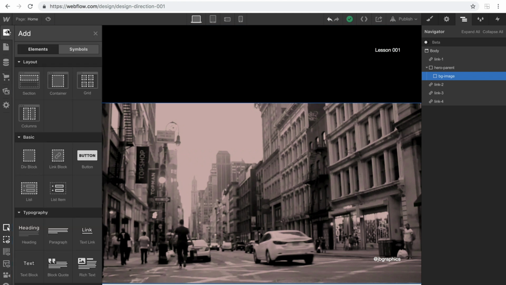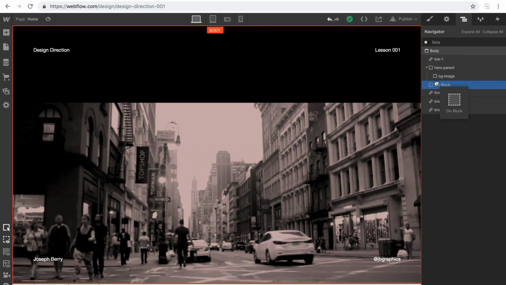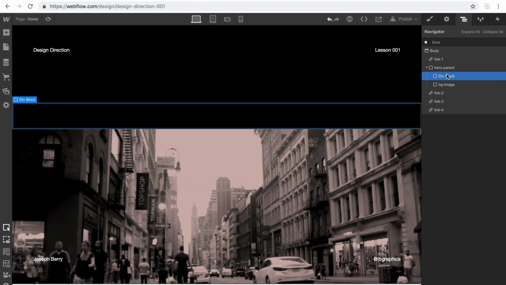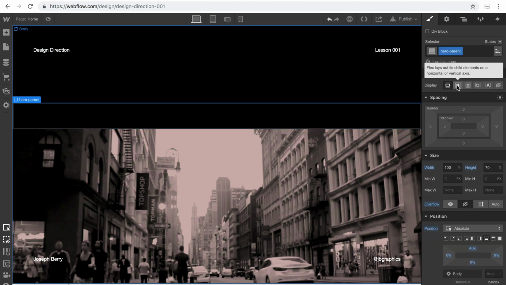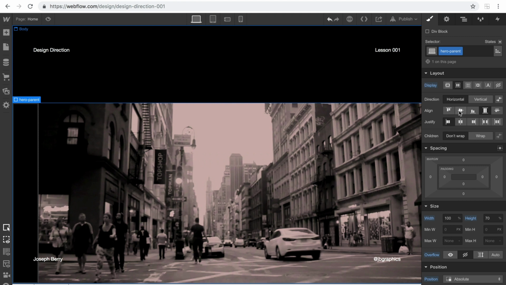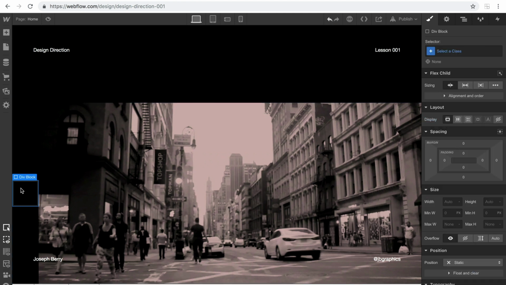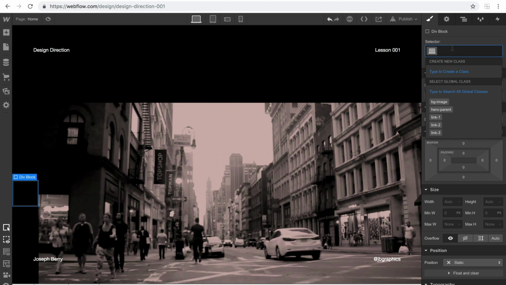Now what I'm going to do is create another div and drop it inside. But what I'm going to do to the hero parent is set this to flex, and then center. Now at the moment we have this div and it's pushing that content to the side. So all we need to do is give it a class. We're going to call this content